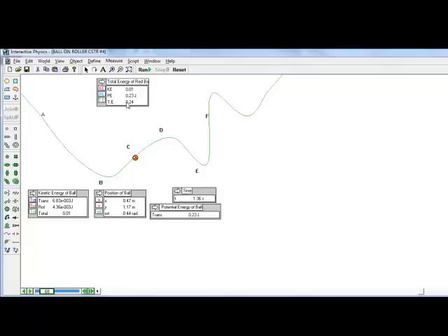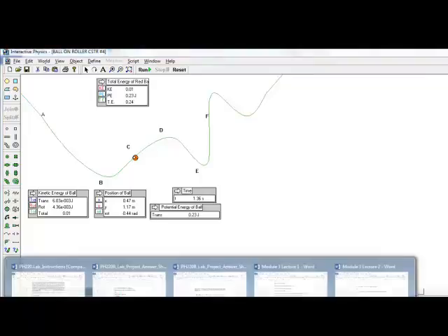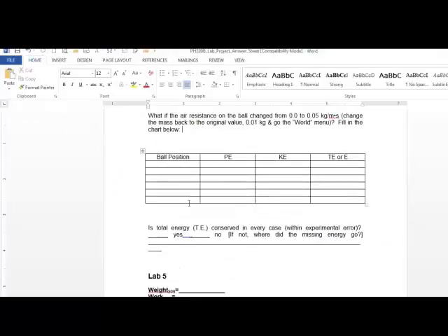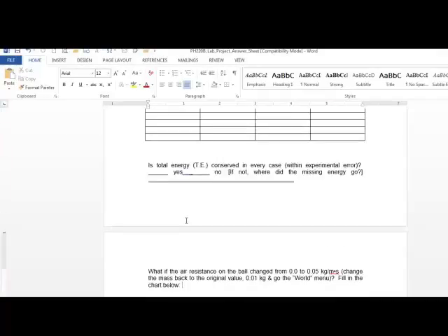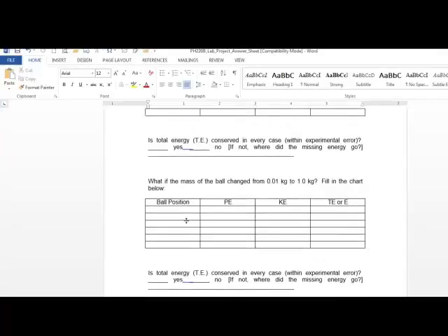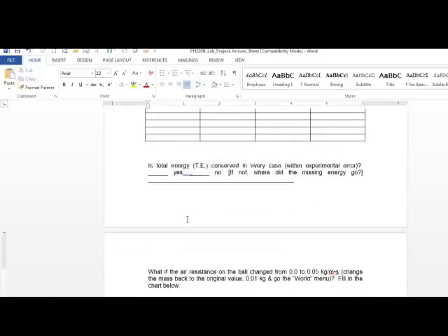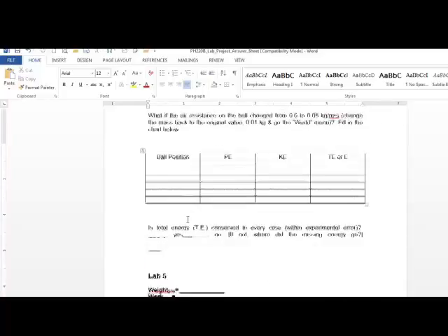So by looking at this and being able to adjust the parameters, play with the mass, which we have to do through the acceleration, and play with the air resistance and see how this ties in, we can get a better understanding of how a real physical example plays through. You're going to fill out the data tables in question. Determine whether the total energy is conserved for each case. If not, where did it go? And then tie it in, look for a nice, neat solution, and finish up your lab for the week.